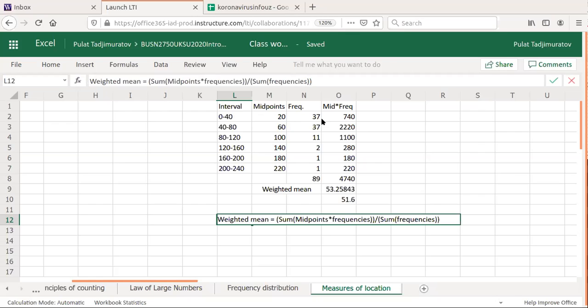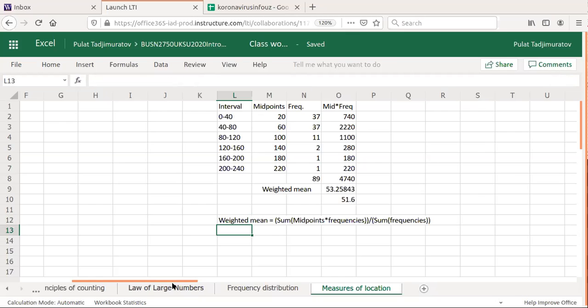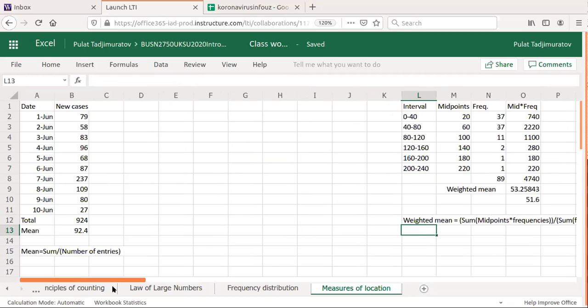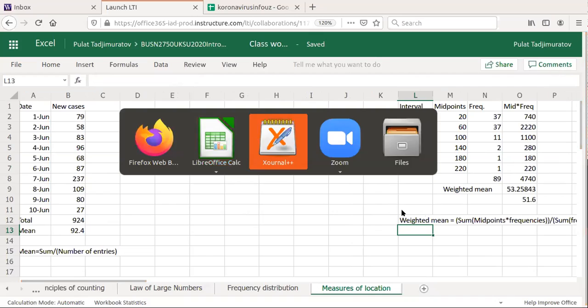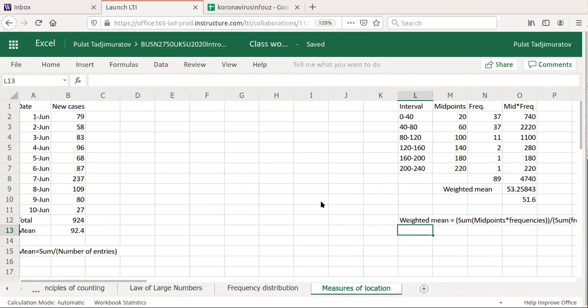I think we need to make 1 or 2 more examples with that. But in the meantime, let me prepare the proper formula for weighted mean. So